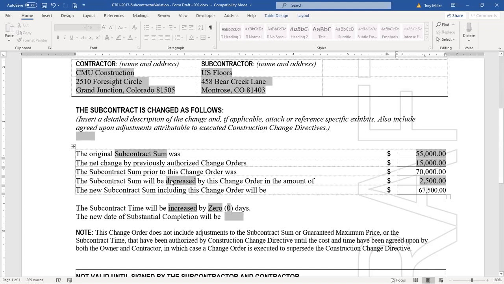As long as you describe this as decreased. When we used to do this in the paper versions, we didn't have the option of increase or decrease. We basically put this right here as either a positive or a negative integer, and then the math happens. So as long as that says decreased, that's an absolute value that goes into this cell, and then you can see 70,000 minus our 2,500 gives us a new contract amount of